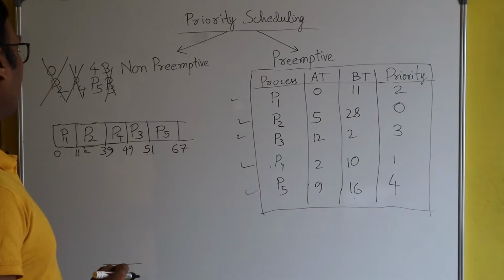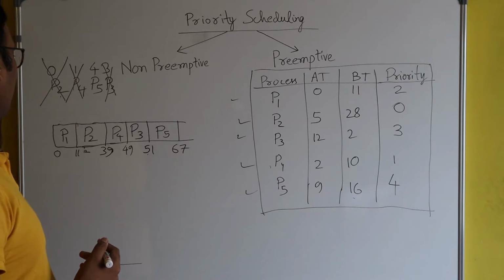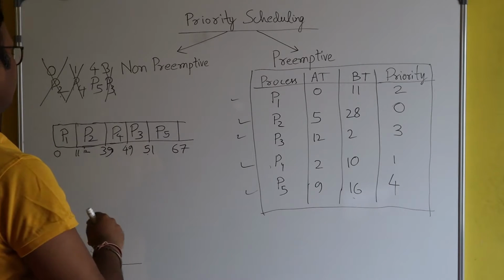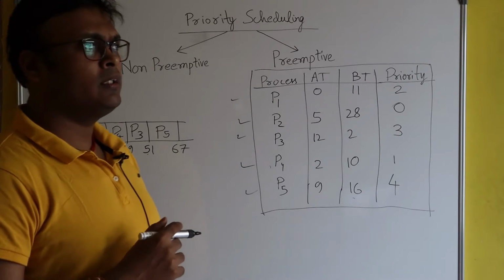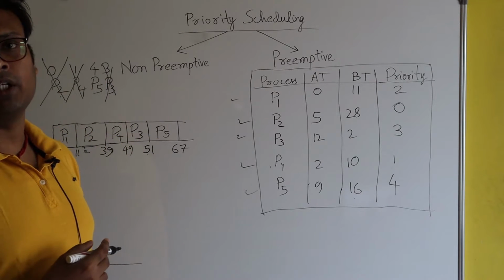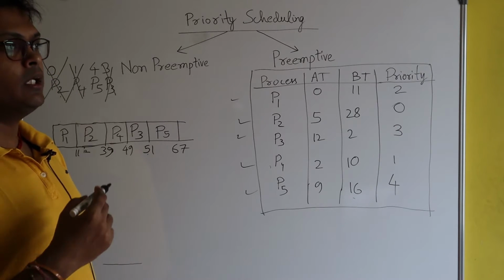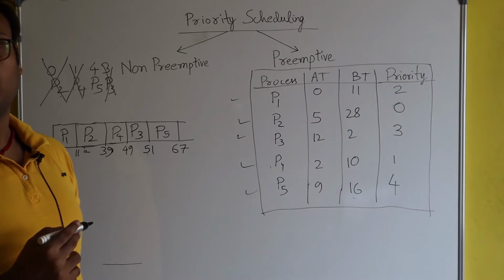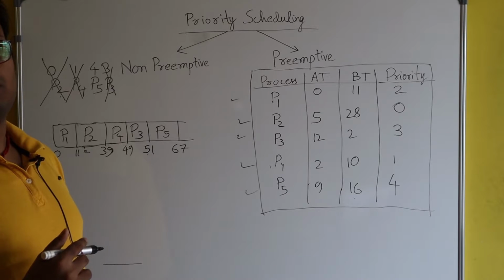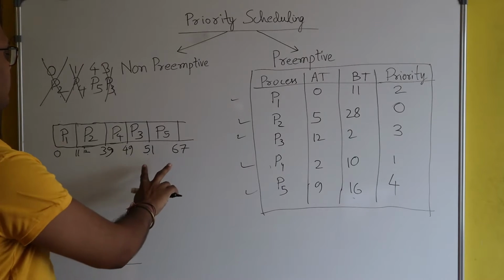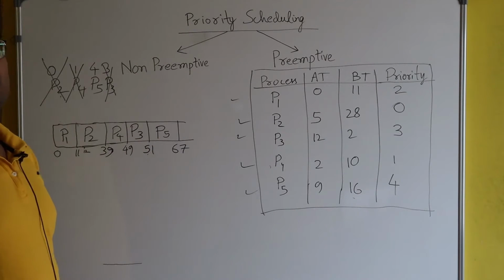I will not calculate the turnaround time of all the processes, because you know the formula. I will calculate the turnaround time of P3 and P5. Because sometimes in the examination they ask which process completes first or last, and what is the turnaround of this particular process. They are not going to ask about the average turnaround time. Suppose the question is: what's the turnaround time and waiting time of P3 and P5 respectively.